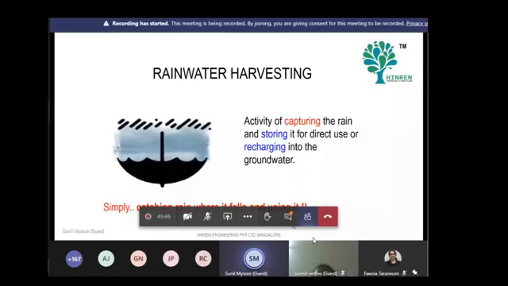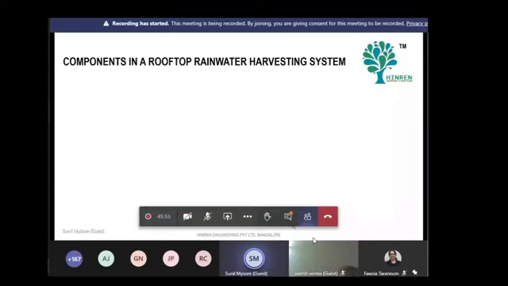Today's session will be exclusively on rooftop rainwater harvesting for direct use. So we are not talking about recharge today. There's a slight change from the schedule given to you. Next session I will handle the recharge part. Today we will finish completely, because I was supposed to cover the economics in the next session, so I will shift it to today. So we will finish both the rooftop rainwater harvesting setup and the economics involved in the system today. In the next session I will talk exclusively about recharge and the recharge options.